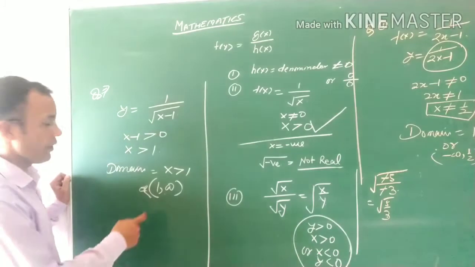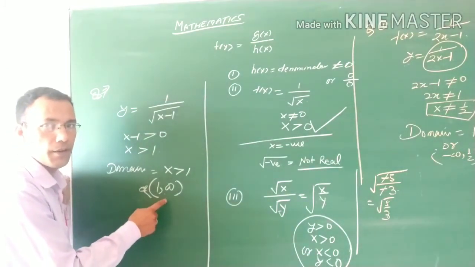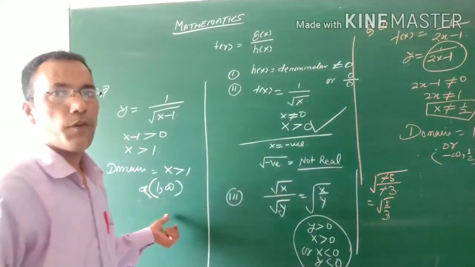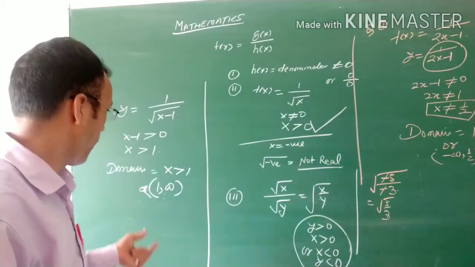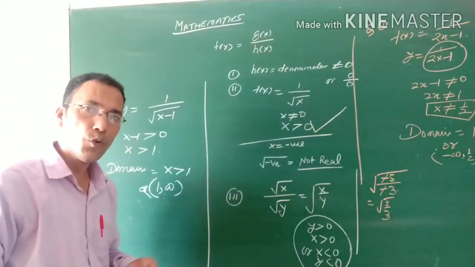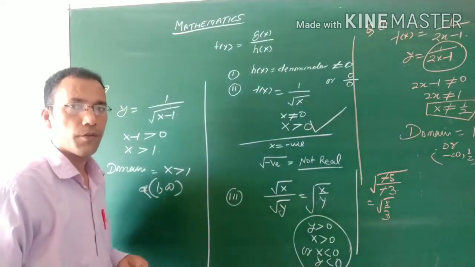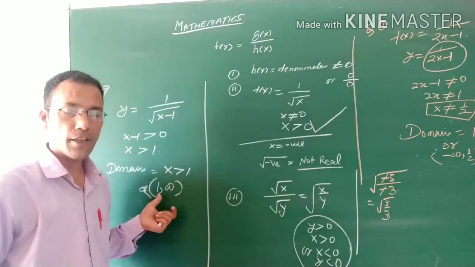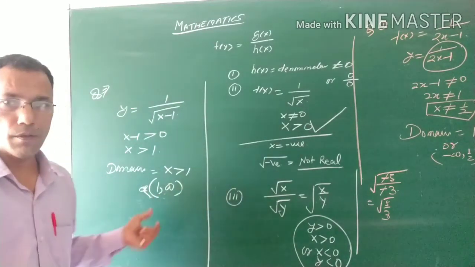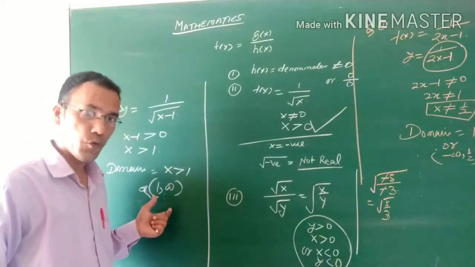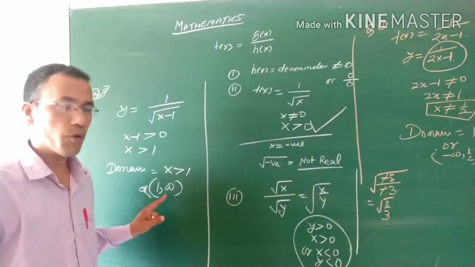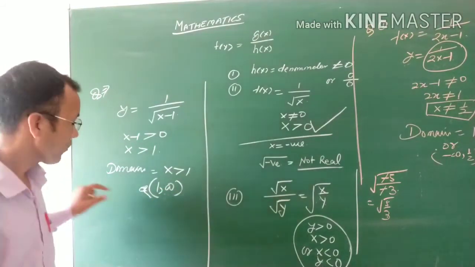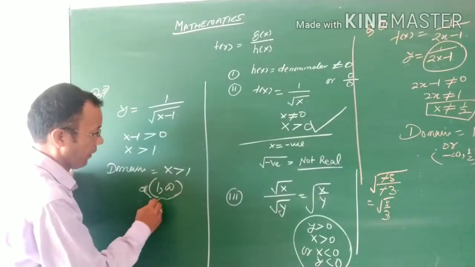Infinity, we don't know what infinity is, it is an undefined thing, right? Why are we taking this open interval? Because infinity is a concept. It is undefined. It is a huge number, which varies from person to person, that is basically the concept. We don't know which number is called infinity. That's why it is undefined, and that's why we use an open interval, right? You can understand this one. This is 1 to infinity.